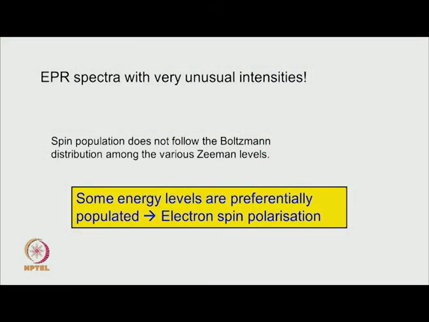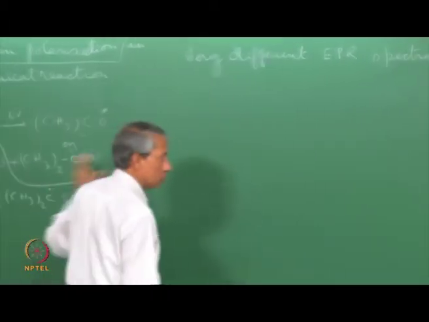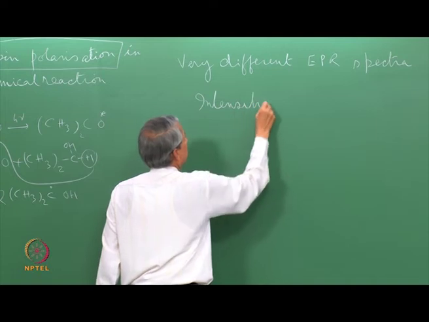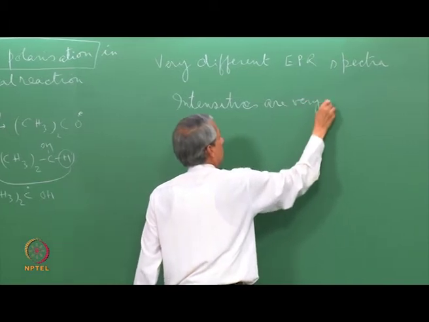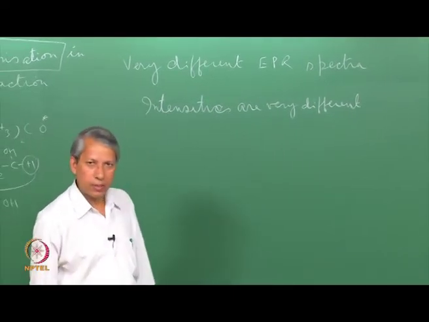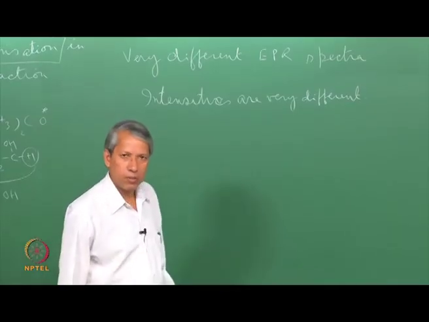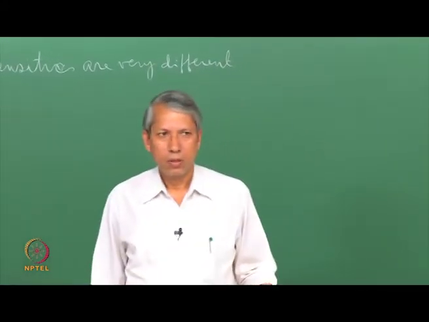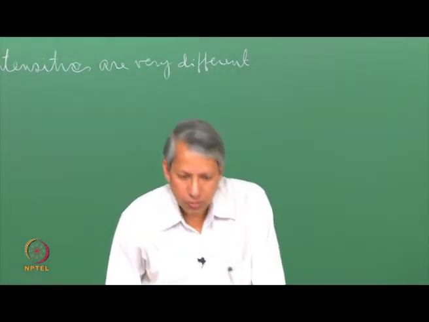Different in what sense? The spectrum is actually coming from the same radical, it is the same thing happening there. So, the line positions are the same, only the intensities are very different. That is important, that it does not produce any different radical. The radical is the same, we only get different intensities, and those intensities are very difficult to understand from the way we have understood the EPR spectrum, that they must follow the usual Pascal triangle type of intensity ratios among the various hyperfine lines or similar type of relative intensity ratios.